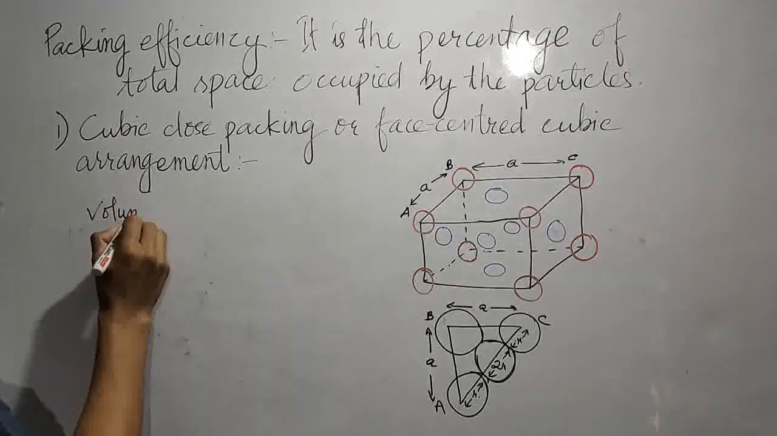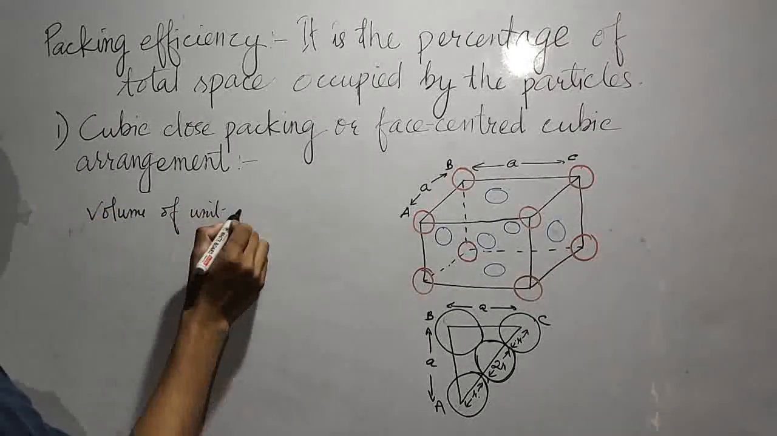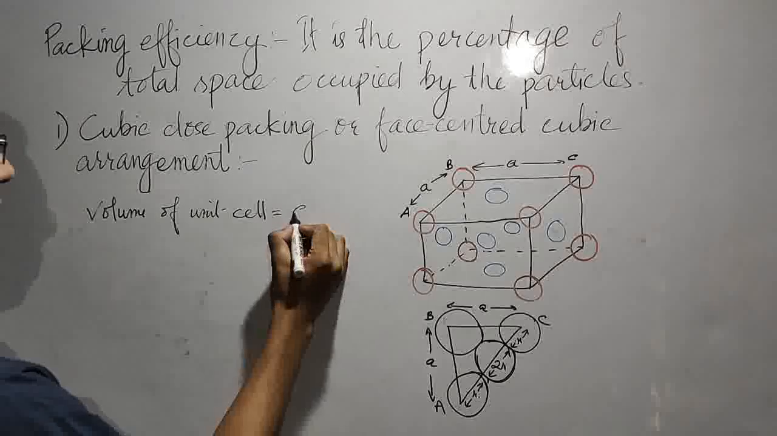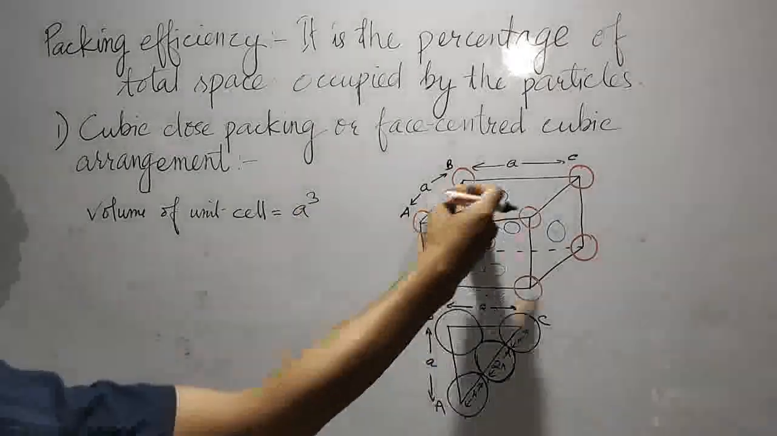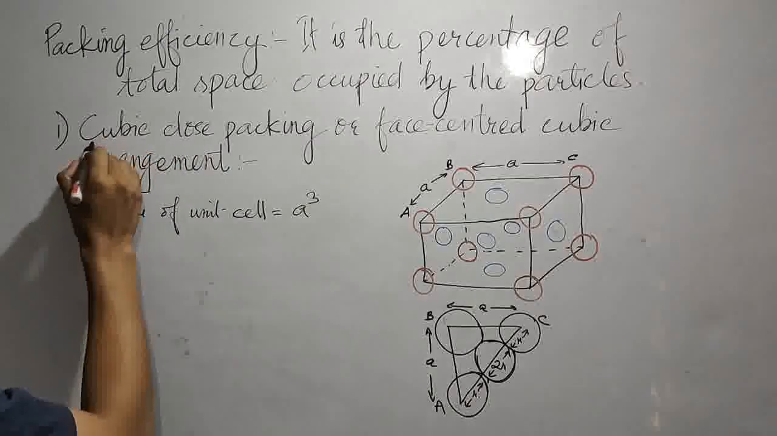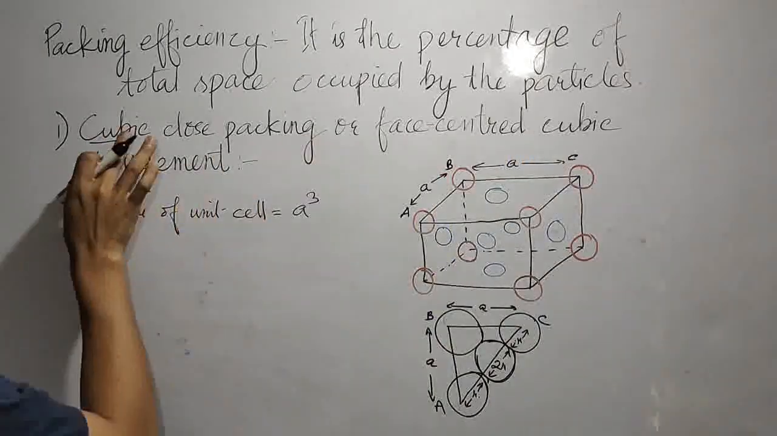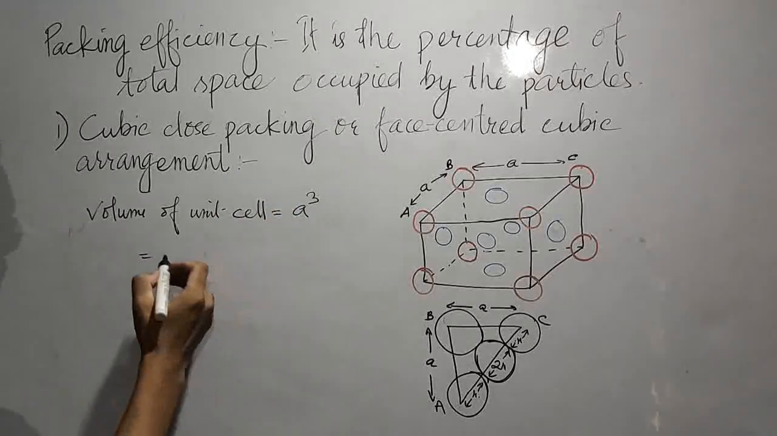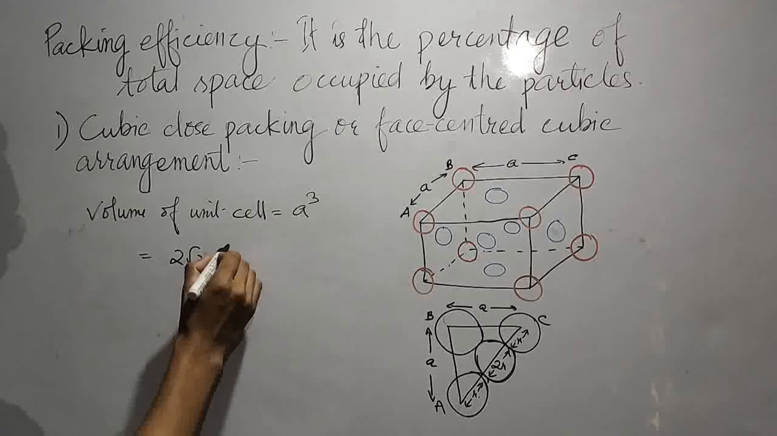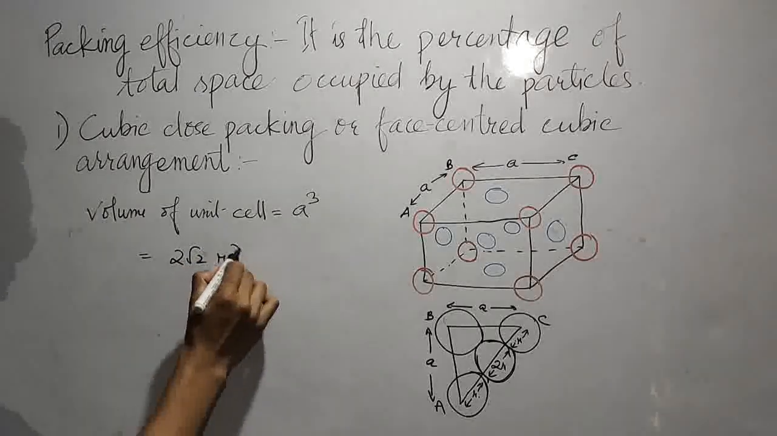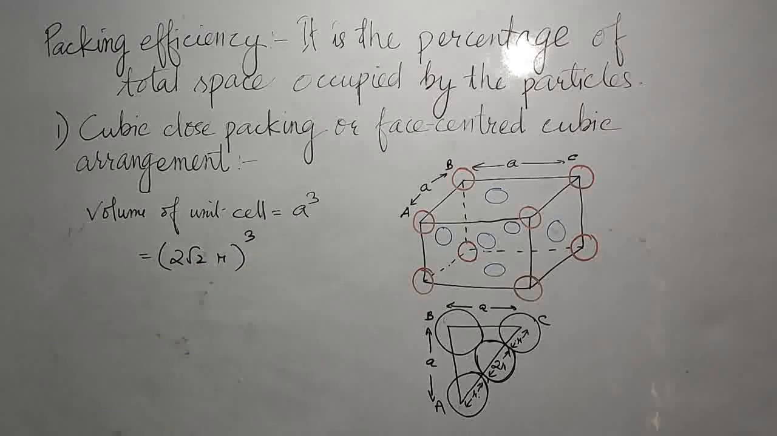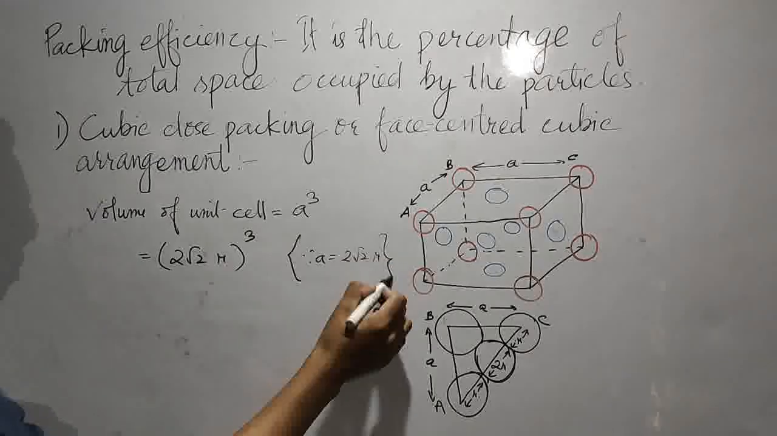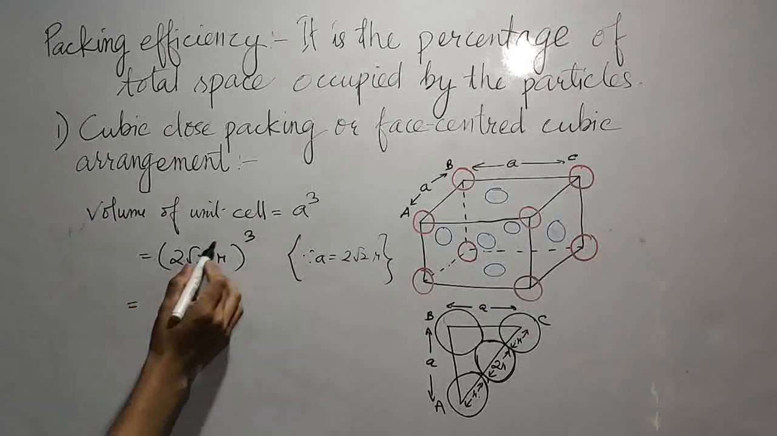So volume of unit cell is equal to, okay, we know it is a cube. Yes, it's a cubic structure, so therefore volume of a cube is a cubed, and we already got that value of a, that is 2 root 2 r, and cube is there, so like this, since a is equal to 2 root 2 r. Okay, then what we get here, this will be